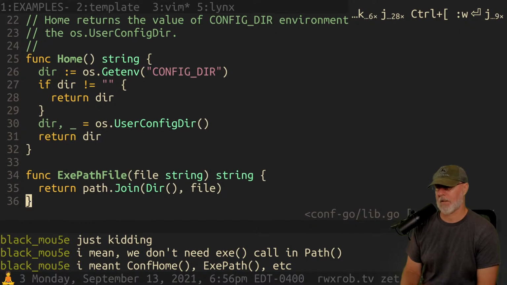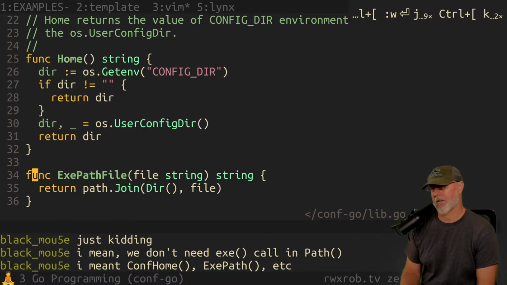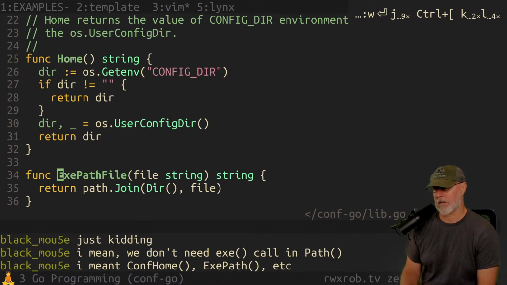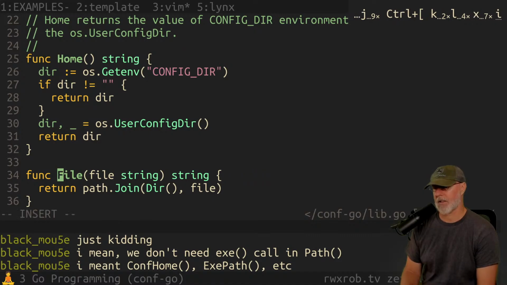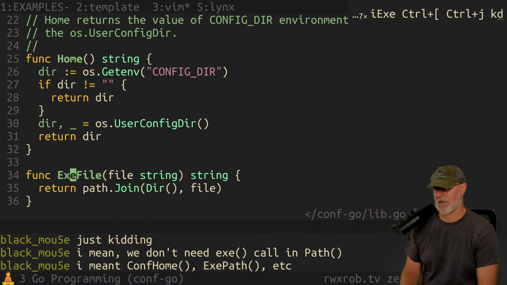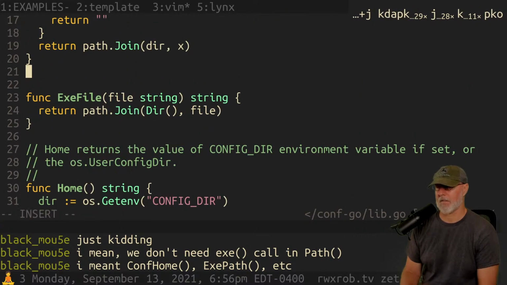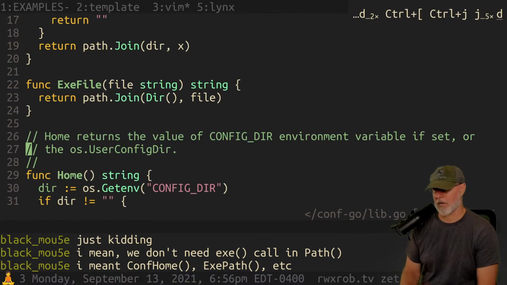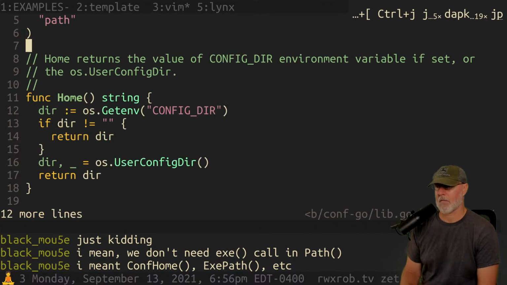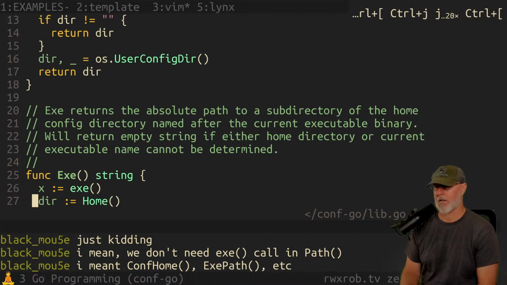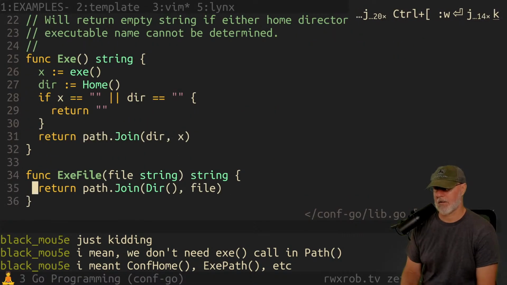Conf.home, conf.exe, and then this is file. So conf.file, we should probably say exe file. Yeah, I think exe file. This one needs to go up here. All right, exe and exe file.